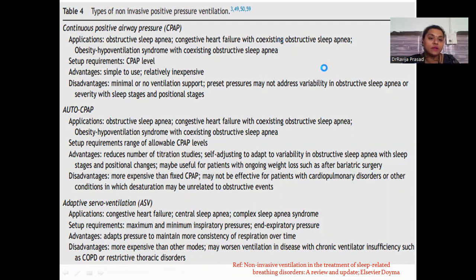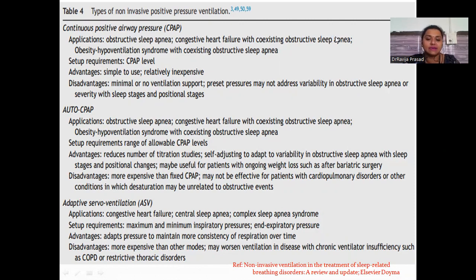Now, the third kind of non-invasive ventilation is adaptive servo ventilation, ASV. The application, it is used in congestive heart failure, central sleep apnea, complex sleep apnea syndrome. The setup requirement is minimum and maximum inspiratory pressure and end expiratory pressure. Its advantages, it adapts pressure to maintain more consistency of respiration over time. Its disadvantages, more expensive than the other modes, may worsen ventilation in diseases with chronic ventilatory insufficiency, such as COPD